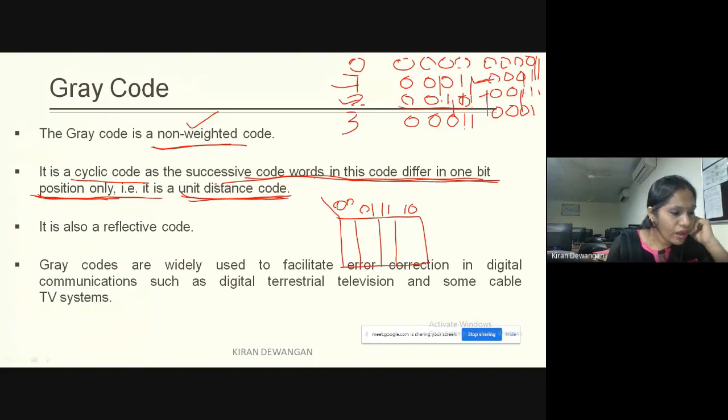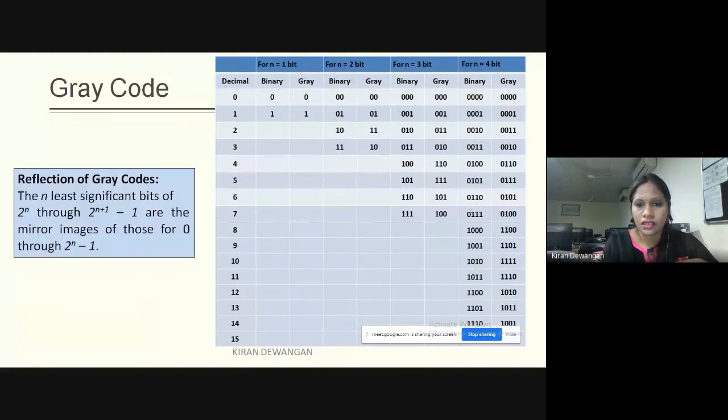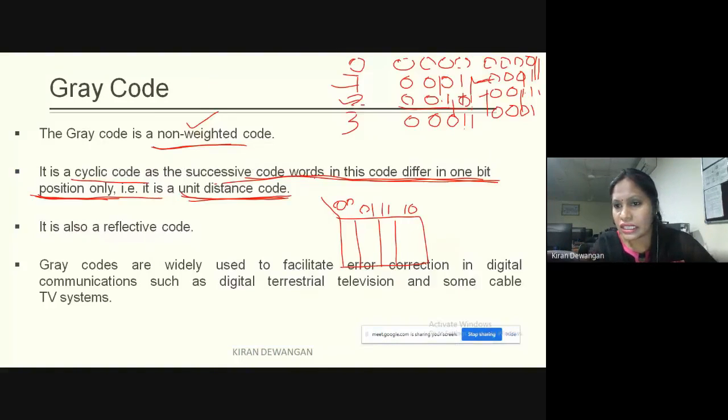Code 1 and 3 is same. No, it is not same. Is it same? Okay, let's see. This is how the gray code is. This is for 0. This is for 1. Okay, it is 1 0. मैंने यहाँ पे गलत लिख दिया होगा.